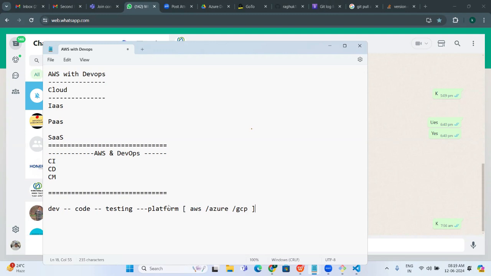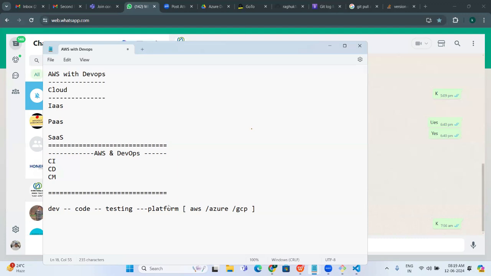Previously it used to take days, now it is in minutes. So you can create infrastructure, deploy the developer's code, and test it. If it is not working, you can delete it. If it is working, fine, make it live. So DevOps and cloud are working together now to achieve better results.